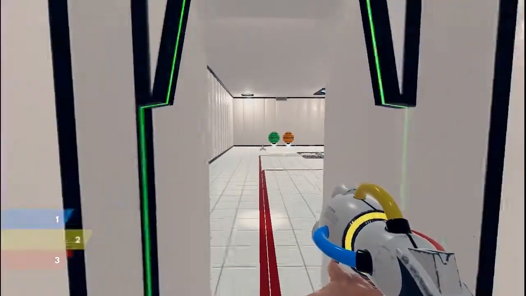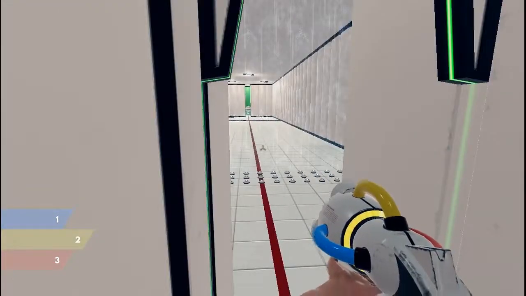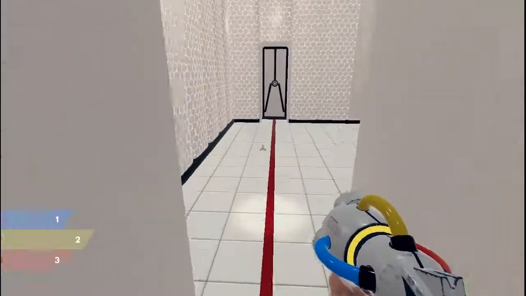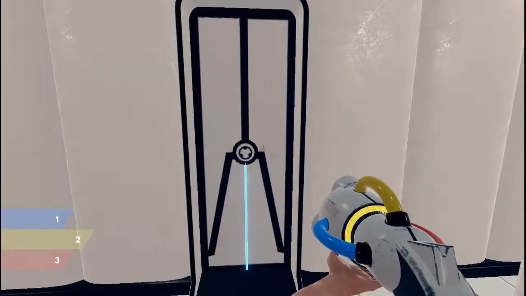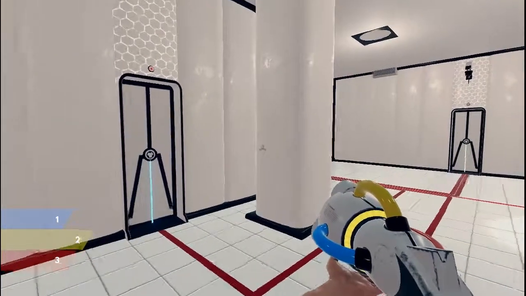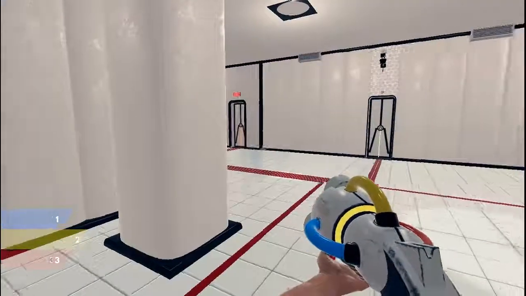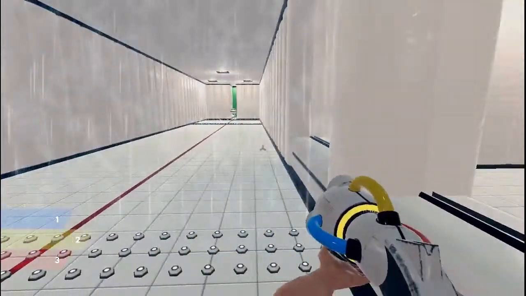Yeah, so it looks like... Okay, we got a puzzle in there. In here we've got... I don't know, I'd have to take a closer look. And in here, so we've got another puzzle. Alright, let's go in here first. Oh, there we go. Okay. Alright, so...